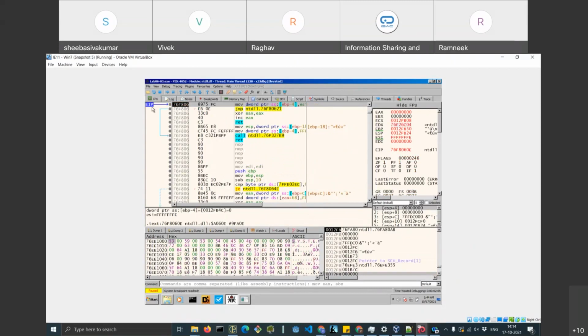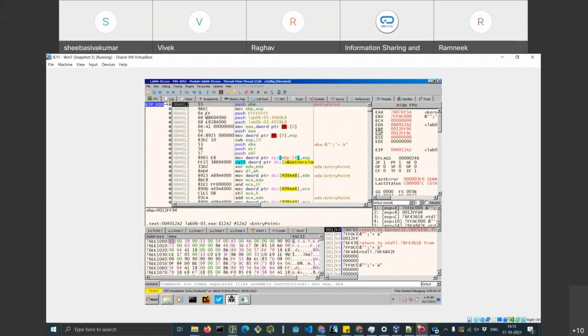This again is EIP here. EIP, as I told, always points to the instruction which is going to execute next. This always points to the entry point. These are the registers here: EAX, EBX, EBP, ESP. This is your stack here. Then there is a memory dump here. So this is how a program looks like when it is opened under a debugger on Windows.